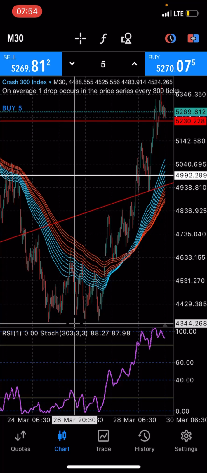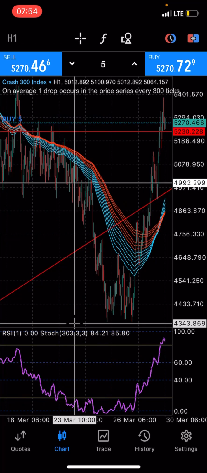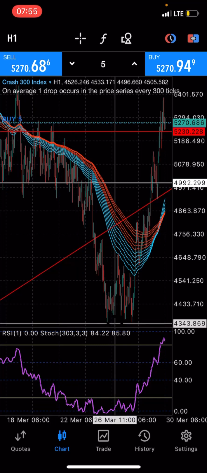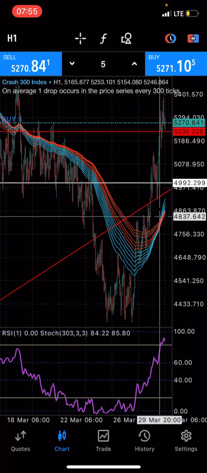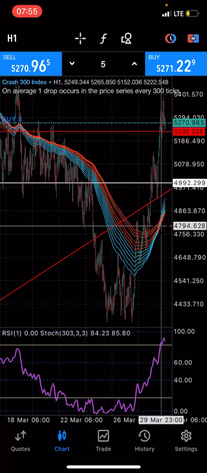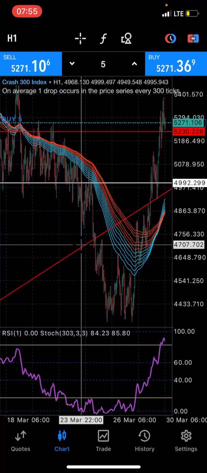Now the thing that you have to note about this indicator's settings, as I said earlier, is that I love using either the 1 minute time frame, the 1 hour time frame, or a lower time frame like 15 or 30 minutes. So now on the 1 hour, you've seen that this market just crossed here. Now I'm not going into this market, I'm just showing you that if you use this indicator's settings, it's going to give you